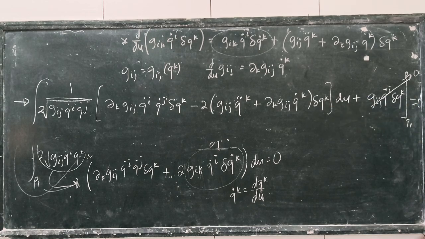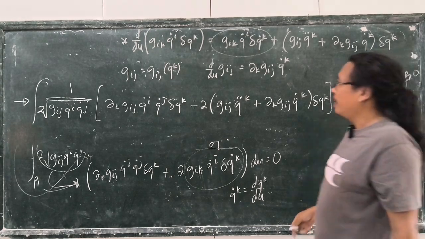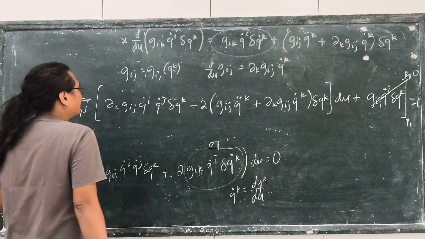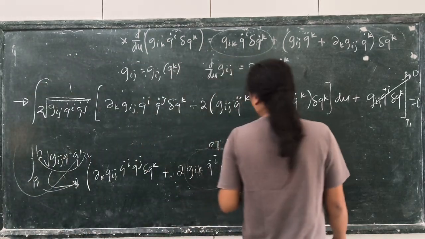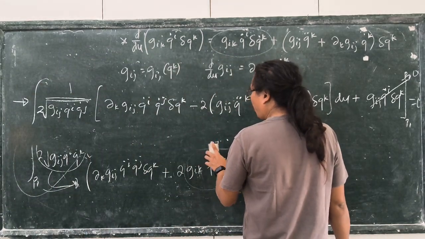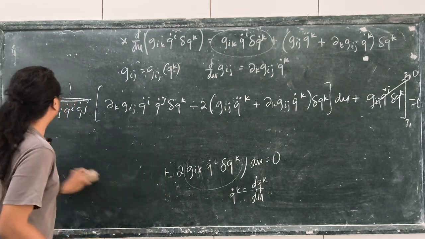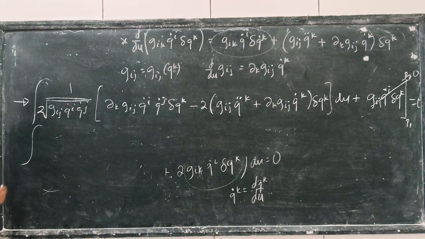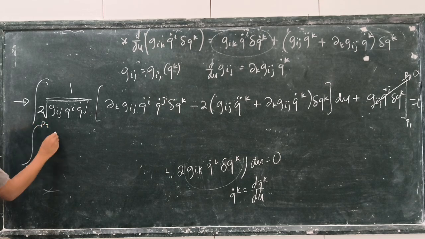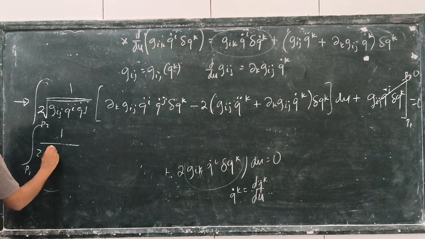So we are now all in delta QK. You have the integral from P1 to P2 of 1 over 2 square root of